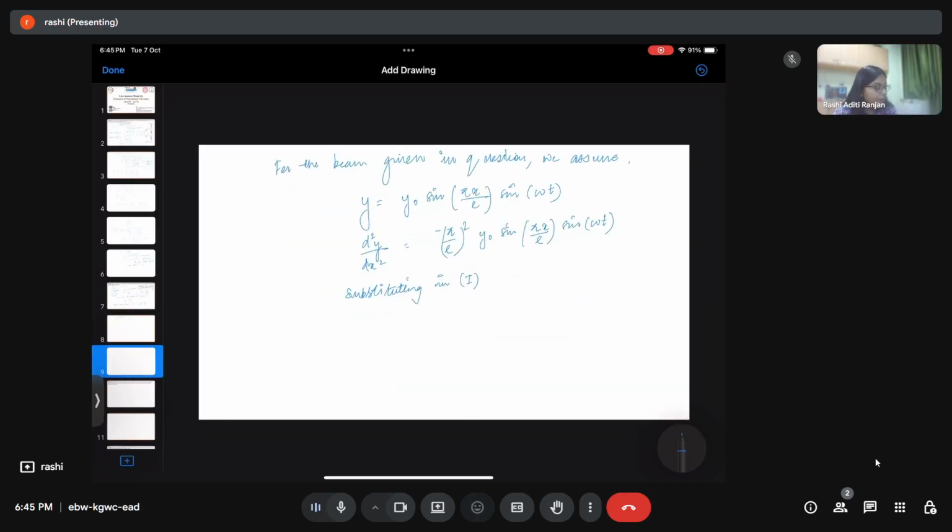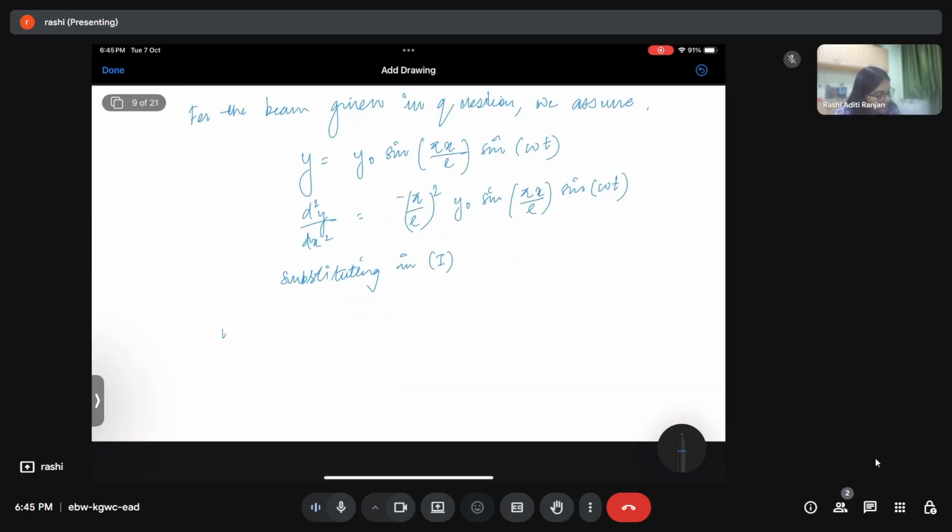What are we going to get? Omega square is equal to E I, pi by L to the power 4, into integration from 0 to L sine square pi x by L dx